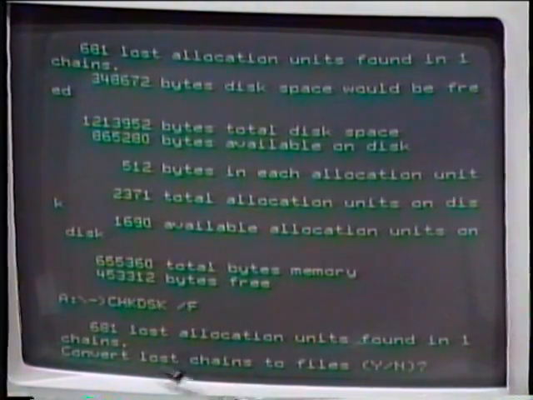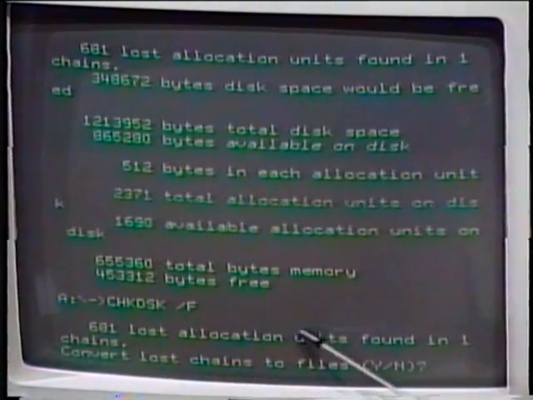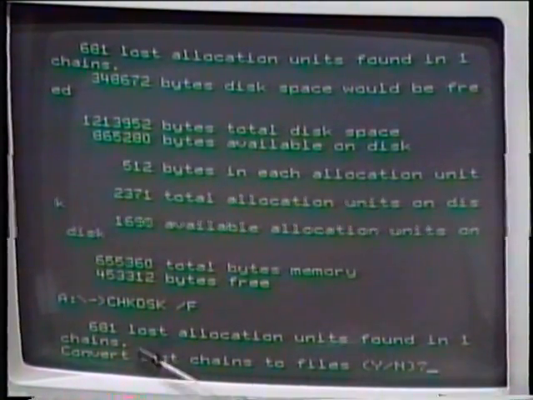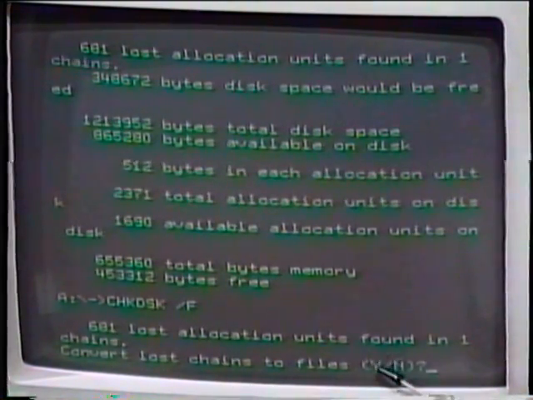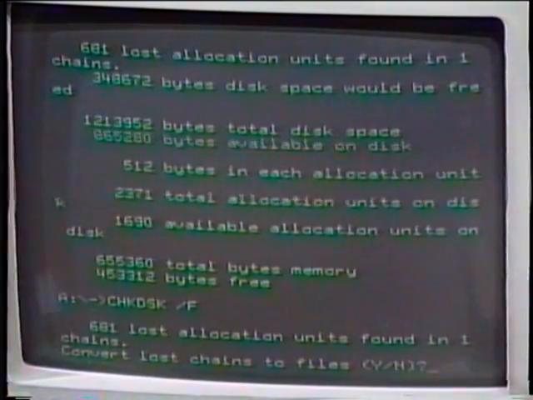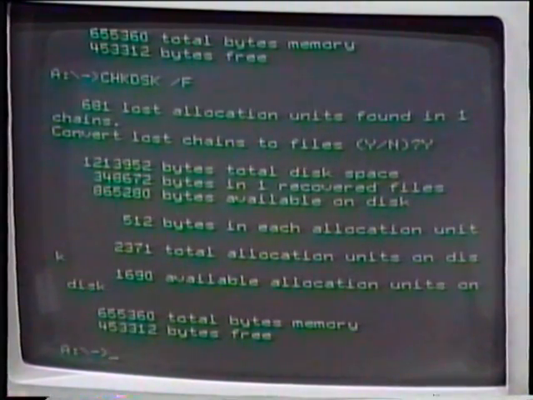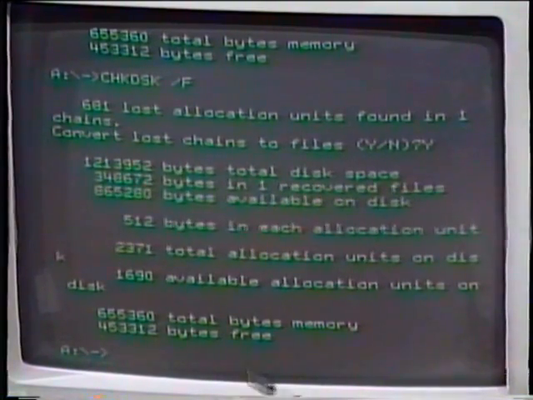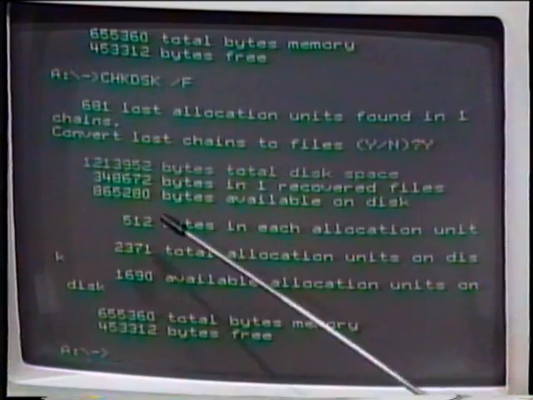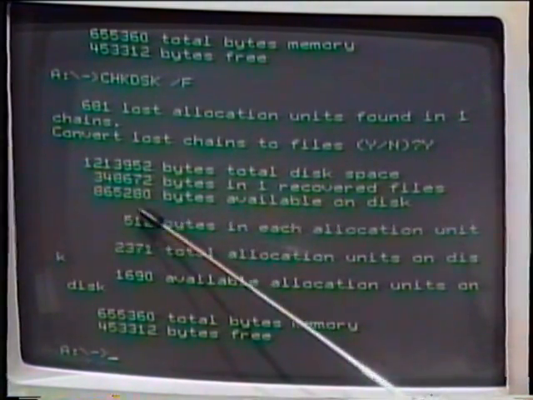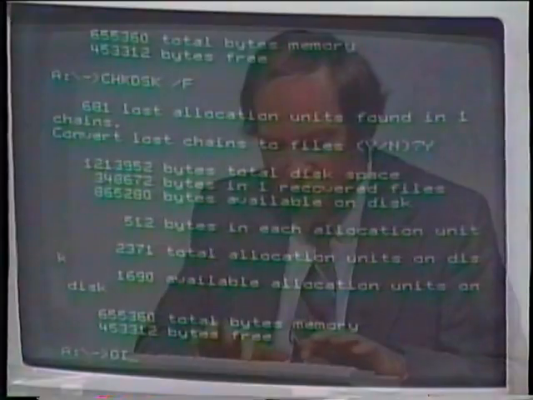Okay. It comes back and it says you have 680 lost allocation units found in one chain. It says convert lost chains to files, yes. So we'll now convert the lost chains to files. Now it comes back and it tells us that it has recovered these lost chains and put them into files. So when we ask for a DIR,